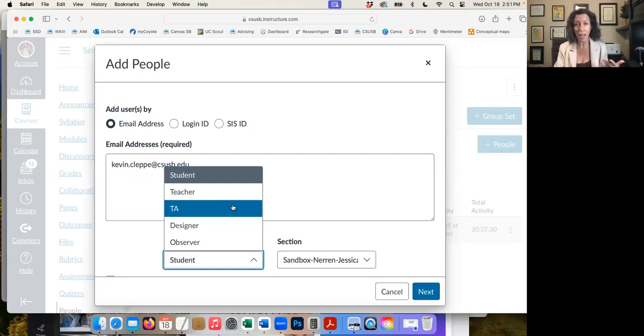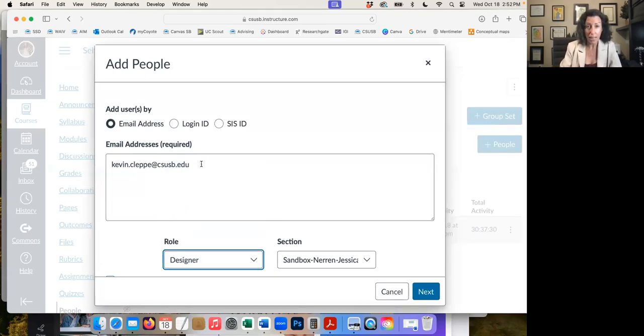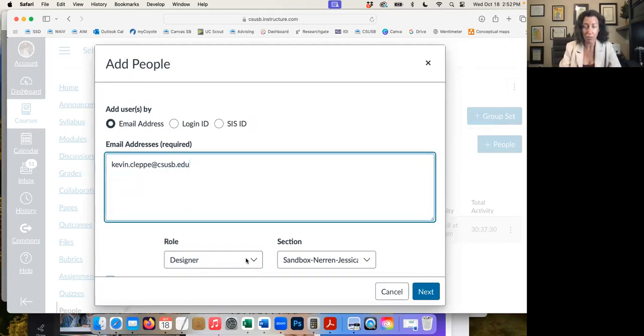So, like, we have to help them as faculty to just kind of clue them in as to where the stuff might be that needs a little bit of love. So the best way to do that is to add them in as a designer, right? You can do that. It doesn't violate FERPA. They actually can't see student work, so you can do this while there's students in the class. They can just see the structure of the course, right?